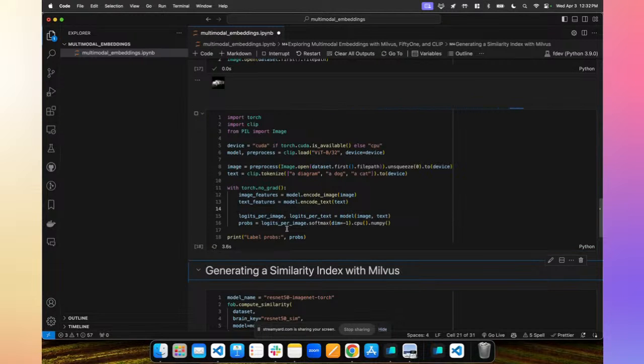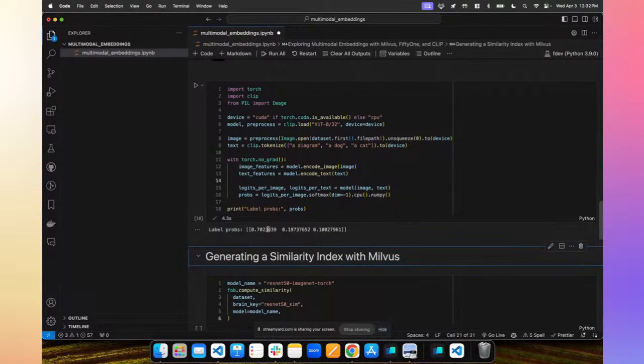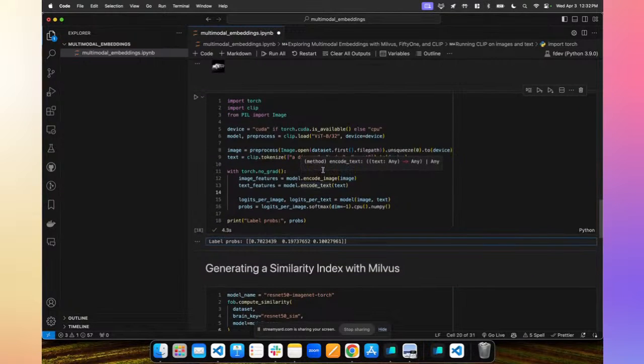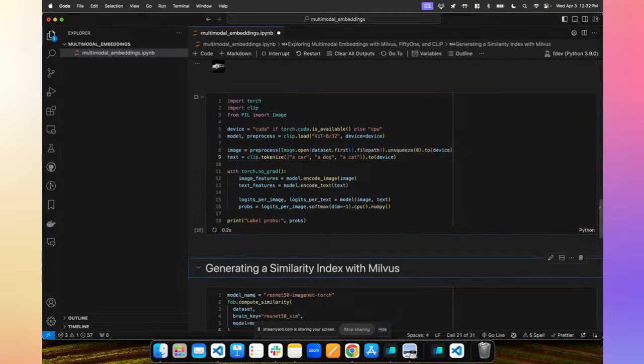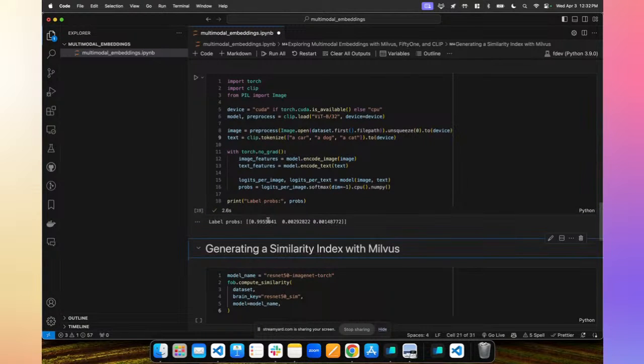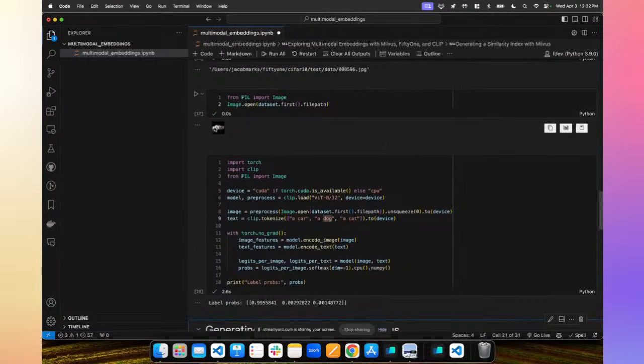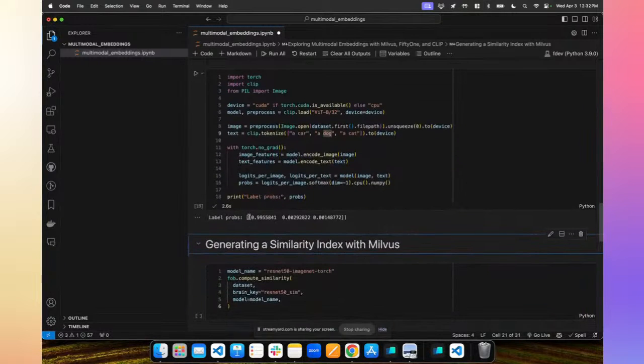We could run this block right here, and we can see some probabilities. We gave some pretty rough labels. These are the label classes that were given in the CLIP repo, but we could choose other labels. So we could choose a car if we want to, and we'll see what happens here. Because I gave a car and this is actually an image of a car, we get a probability of 0.9955 for it being a car.